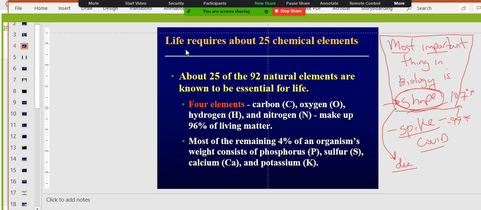I don't care that you know these big numbers, but I do care that you know the 4 most important elements. And those are carbon, oxygen, hydrogen, and nitrogen. Those make up 96% of all living things. And the rest of it is phosphorus. And you guys will see this is a really important